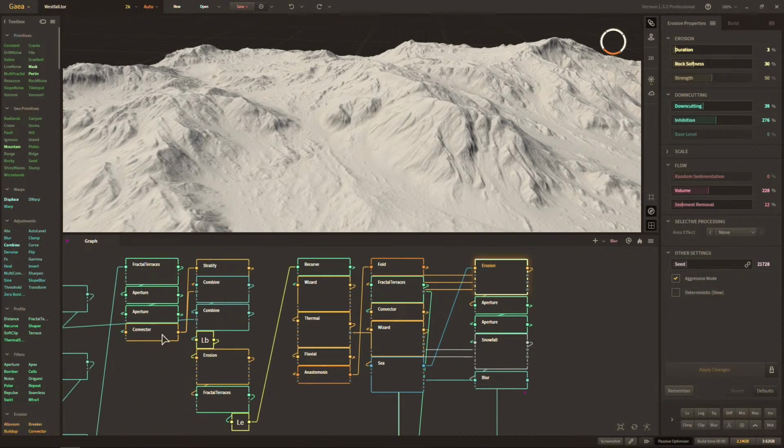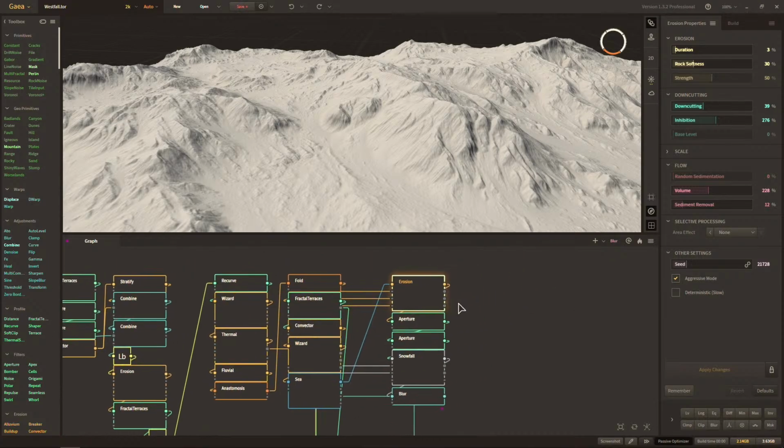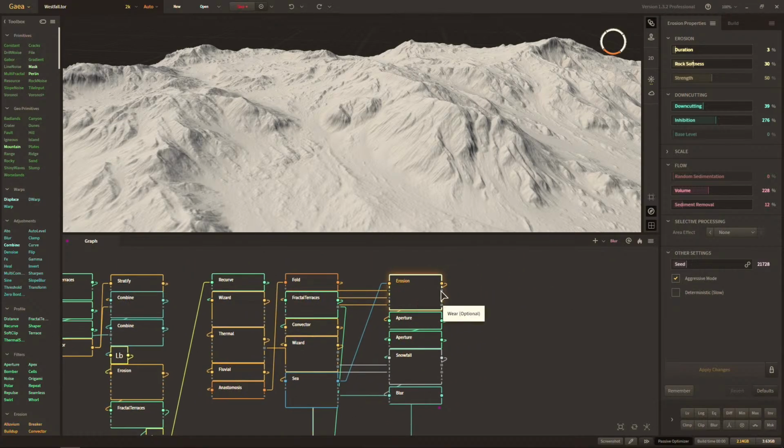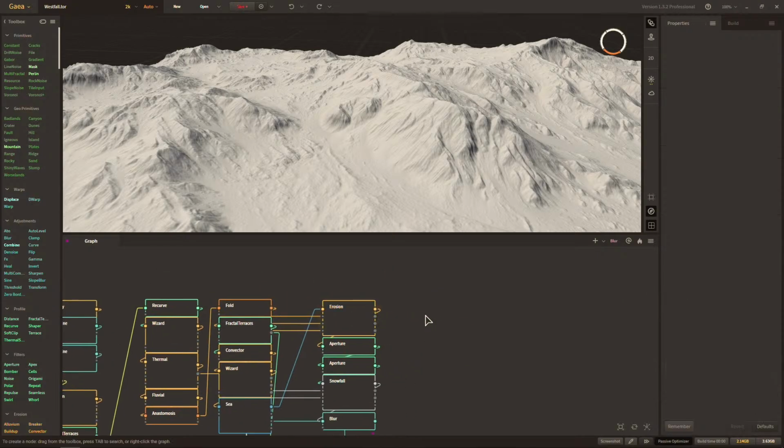As you can see here, we've got several. So we've got one here, which is looped 5 times actually, so we can't really draw anything from that. Another here, thermal's a type of erosion. Fluvial, anastomosis, we have a fold thingy, but that's not erosion. We've got wizard and sea, and then another erosion. So what we're going to do is basically take all of the last erosion nodes masks, and to avoid a